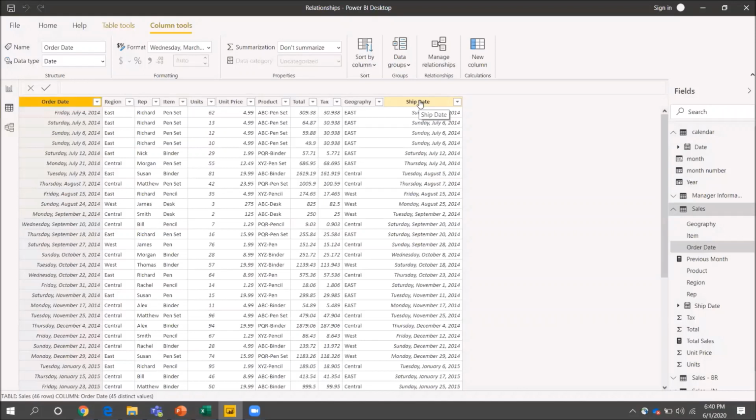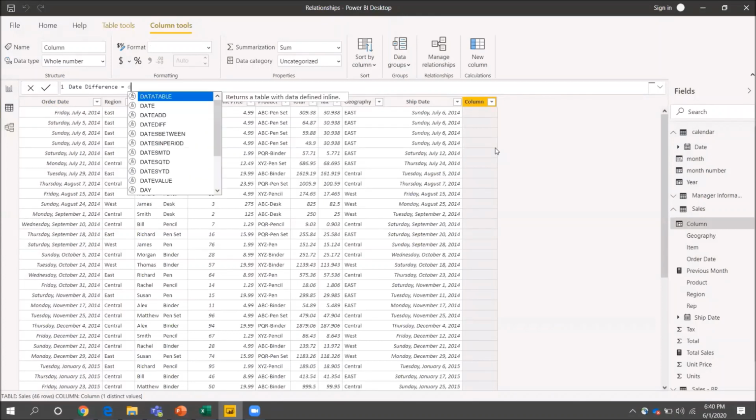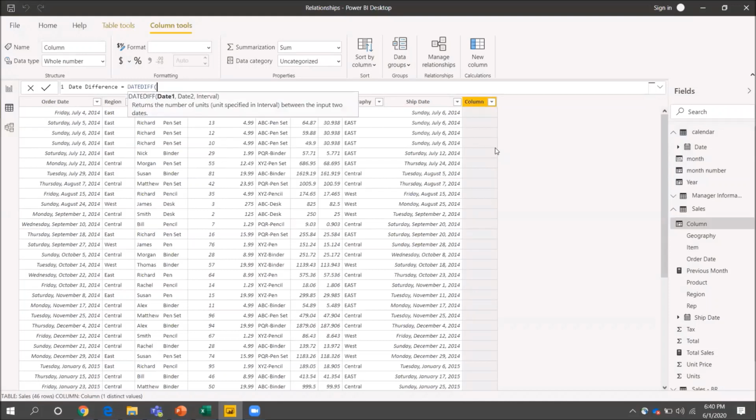So to use dateDiff in Power BI, I first go to new column. I'll create a new column for each of my rows. I'm calling it date difference. So I have to use the dateDiff function of DAX. I write that. My first argument is start date, so in our example, it will be order date. My second argument is end date, which in this case will be ship date. And let's say I want to count the difference in terms of days only. So I'll choose day, I close the bracket and just press enter.